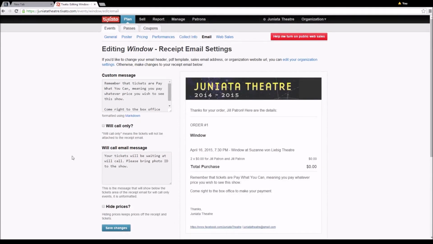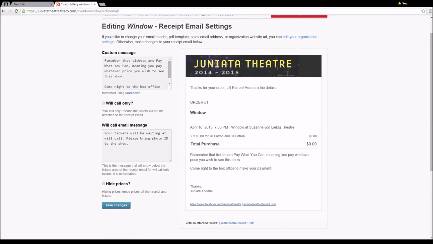So now we are on the email page, and this is where you can edit the email that patrons receive when they reserve their tickets. So what's going to show up in the email that they receive is this graphic right here that I'm circling. We have a nice Juniata Theater banner at the top with the year of the season. It thanks the patron by name. It says the show, which they ordered tickets for, the date they're going, the time they're going, and the theater that it's located in. But below this line, underneath total purchase, there's a custom message